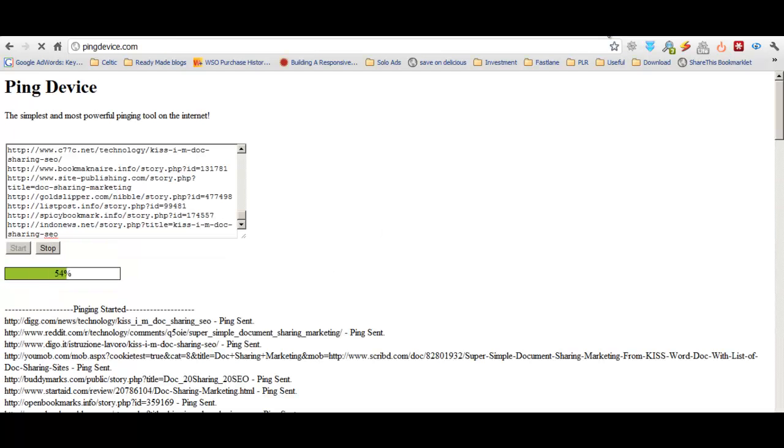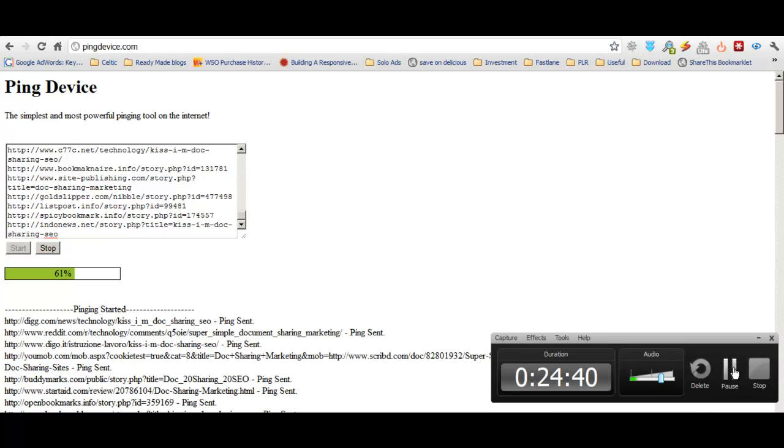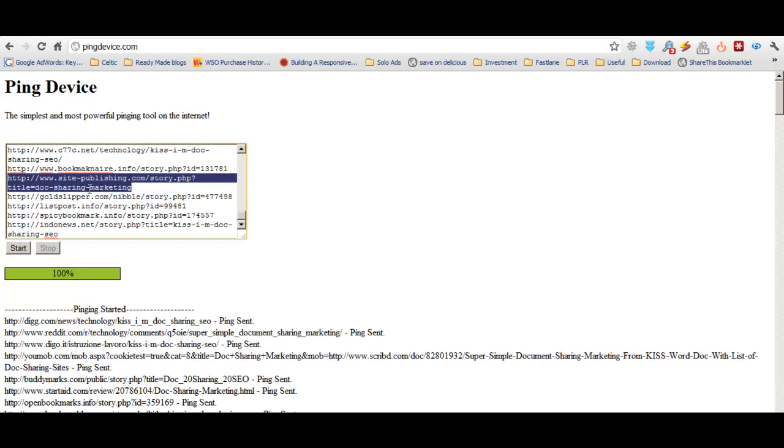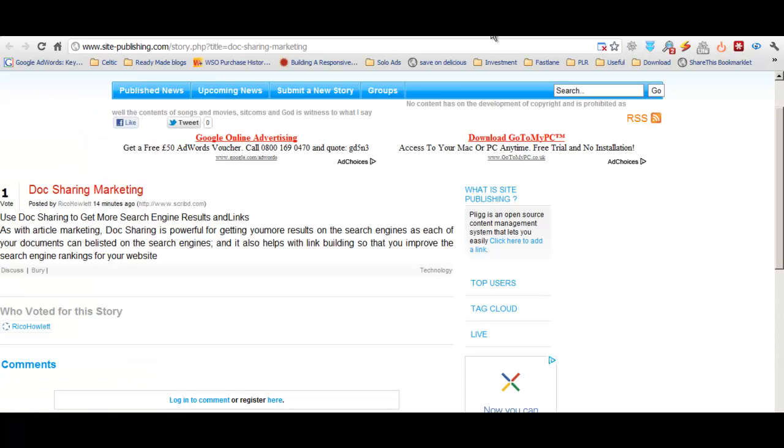Let me just check Ping Device. Okay, I'm just going to pause for a second till that's done. Okay, so Ping Device is finished now, and all I've done here, I've just right clicked and opened over here, and you can see this site -publishing.com. Here's our link in here, and that goes straight over to Scribd, so that should be able to help with the search engine rankings if I just open that in Google,